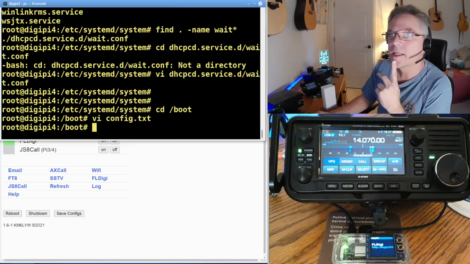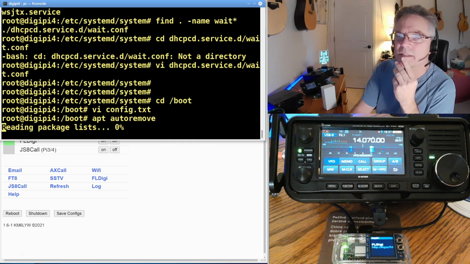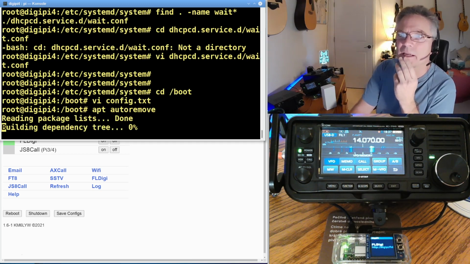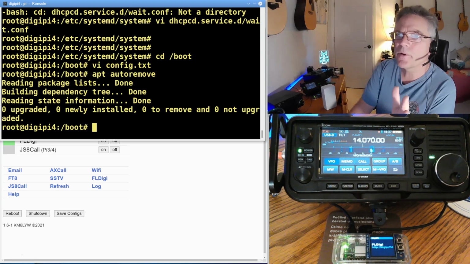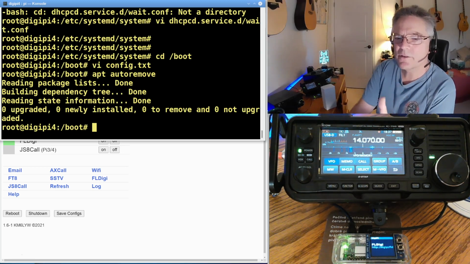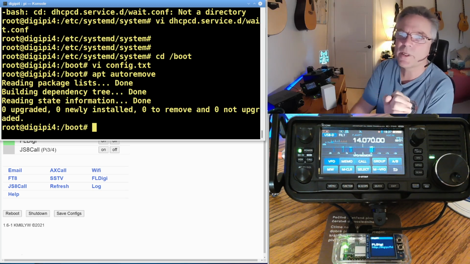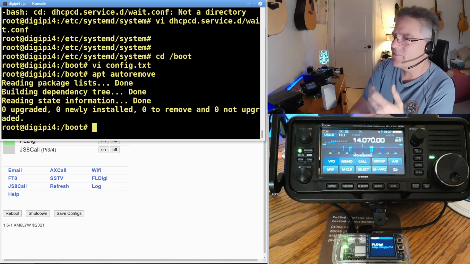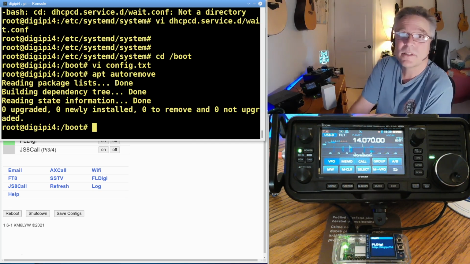Did I have anything else I was forgetting? I was trying to make sure. So I had apt-get dist upgrade. The other thing was apt auto remove to get rid of any unnecessary packages that might be laying around after an upgrade. I think I forgot that in my upgrade instructions. But remember, if you're doing the upgrade from Debian 10 to 11, if it breaks, you keep both pieces. Okay, it's kind of a sketchy process. If you have a highly modified, tweaked up system, it's even more sketchy. If you just installed Debian and didn't mess with it, or Raspberry Pi OS, yeah, this apt-get dist upgrade works